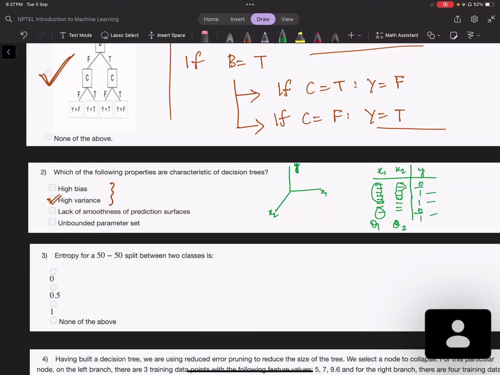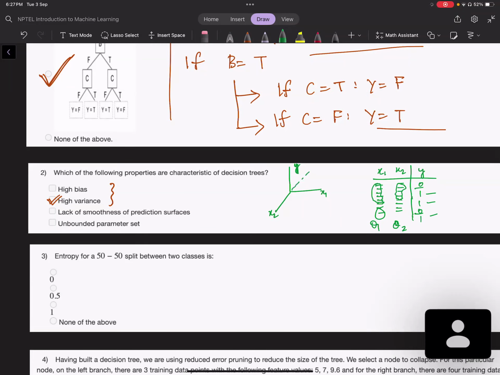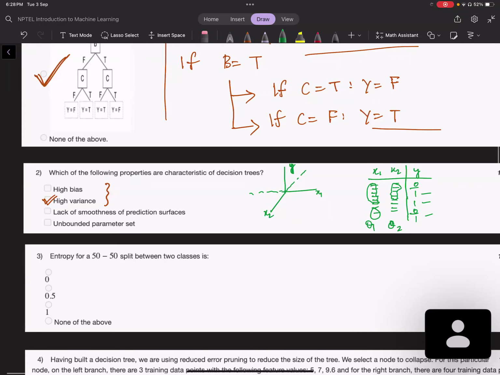So if I plot this, x1 less than theta 1, x2 greater than